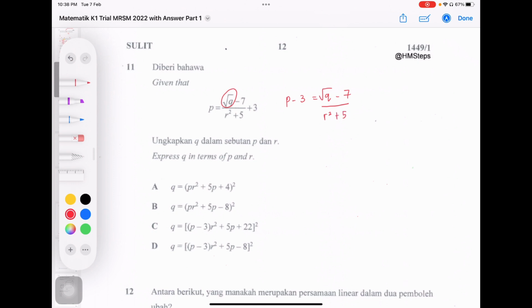First thing, you bring positive 3 to the left and it becomes negative 3. After that, you bring r squared plus 5 to the left and it becomes multiplication, multiply. And then bring negative 7 to the right, it becomes positive 7. Now you can open the bracket. And then you will get